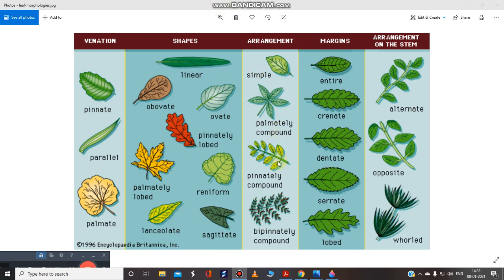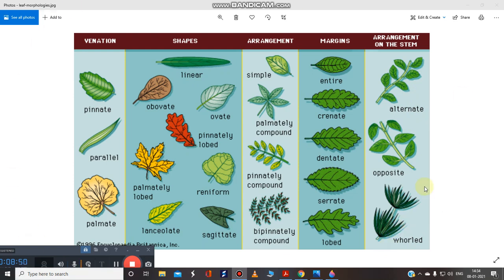Yes, arrangement of the leaves. Again we find different types of margin in the leaf, like जो leaf के किनारे हैं, कई बार हमें अगर इस तरह देखने को मिले जैसे entire margin, crenate हो तो इस ढंग से उसकी शेप होगी, dentate थोड़े से नोकीले होंगे, तो serrate बोल देंगे जैसे rose है, और lobed होगा तो इस तरीके से होगा. Because leaves have different variations. अगर आप 10 घर के आसपास 10 पत्ते उठाओ तो हर पत्ते में आपको एक अलग ही variation दिखेगी, उसके margins भी अलग होंगे, उसकी shape भी अलग होगी, और stem पर उसकी arrangement कैसी होगी, या तो alternate या opposite या whorled.